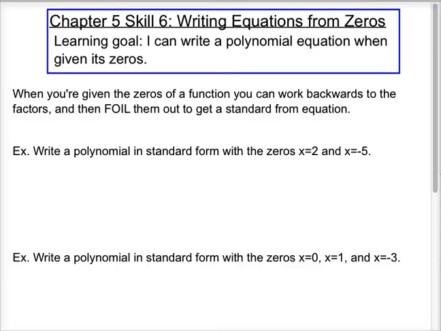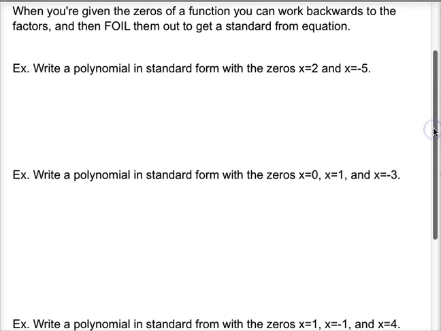Welcome back. In our previous notes, we talked about how to use a factored form polynomial to determine the zeros with their multiplicity. Now we're going to do the reverse. Now we're going to say if I give you the zeros, that means you should be able to write a polynomial for me. So,